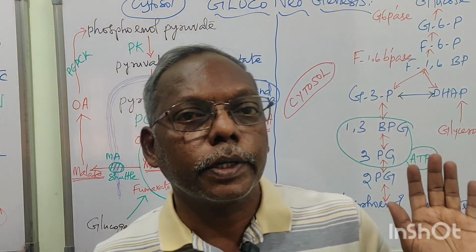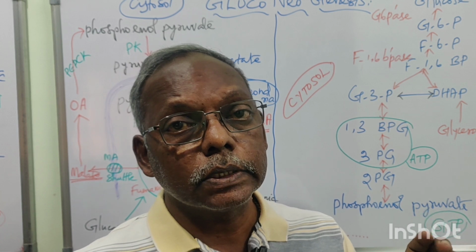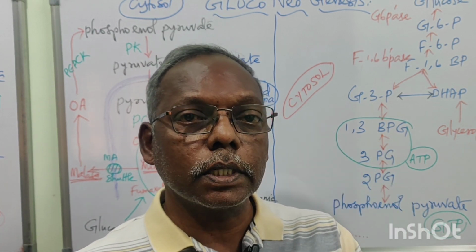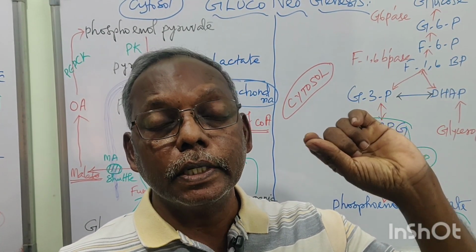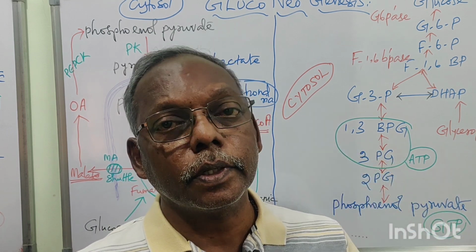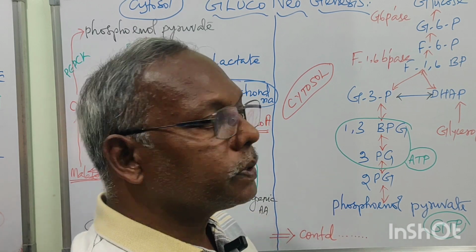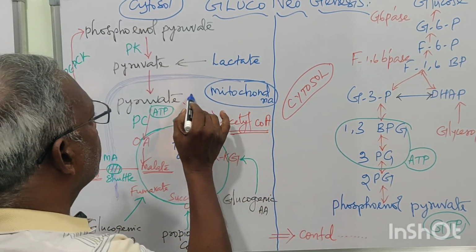Now we are going to draw the pathway. Very important step for gluconeogenesis. How to start, where to start, how it finishes, where is the final end product, where is the initial product. Very important points. Labeling. For the gluconeogenesis pathway, first you have to start with